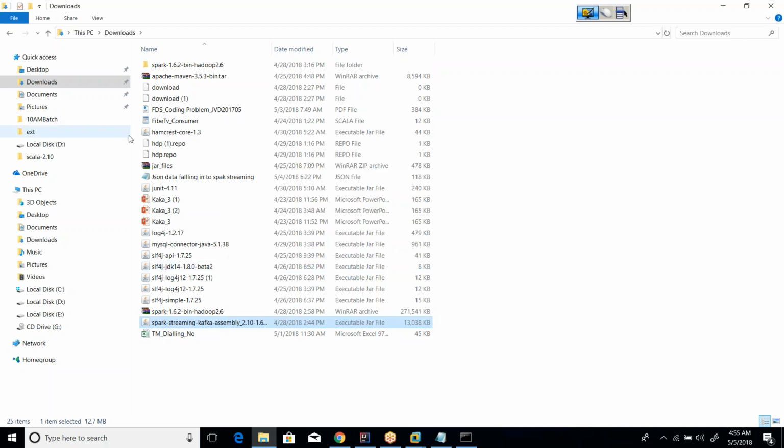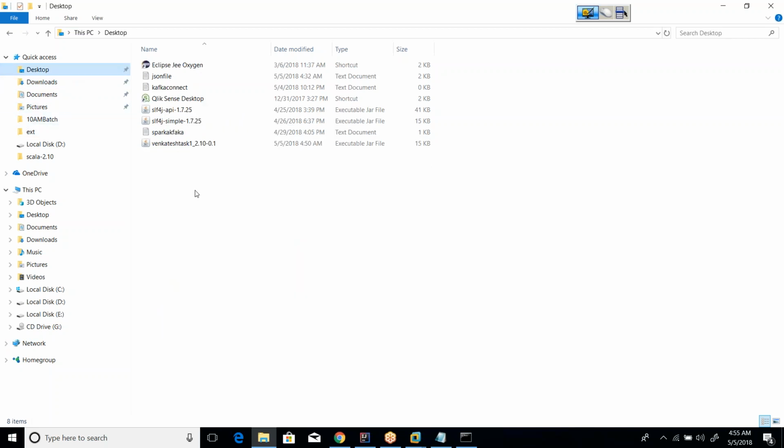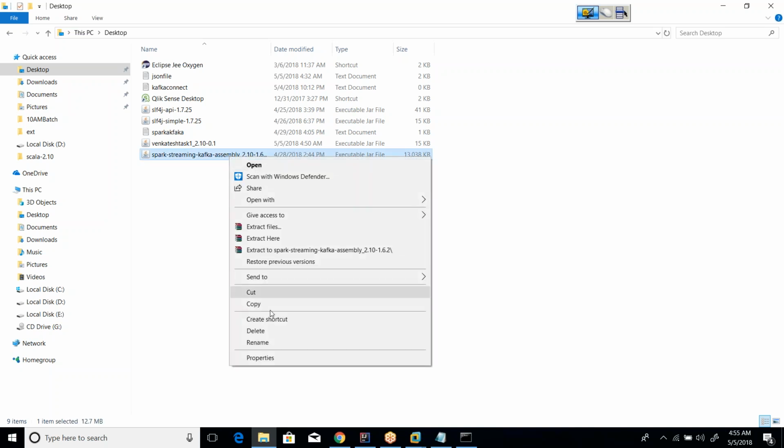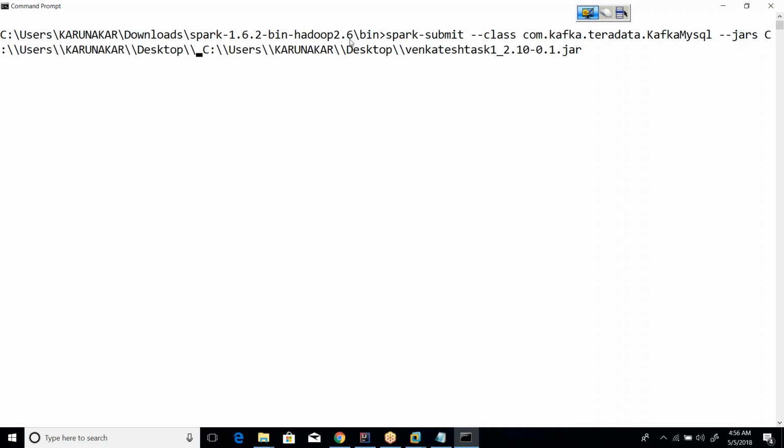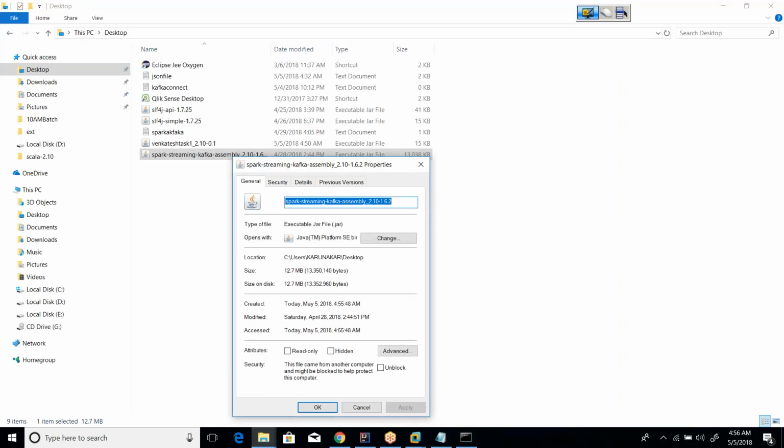Let me copy this and paste it onto the desktop. Yes, okay, this is the assembly jar file, the Kafka Spark streaming Kafka jar file. Let me copy the name of this jar file and provide it here. Data, copy it,